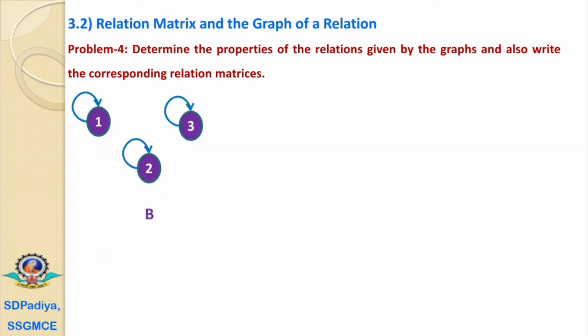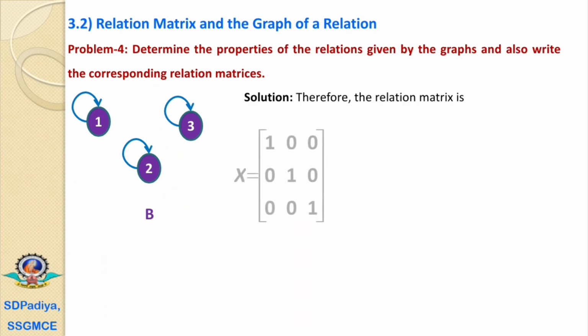The second, there are the 3 nodes 1, 2, 3, and every node is having the relation only with itself. Then how to draw the graph? It will be a diagonal matrix. The matrix is with the order 3 by 3. See, 1 comma 1 it is 1, the 2 2 it is 1, and 3 3 it is 1. It is a diagonal matrix because every element is having the relation with itself only.